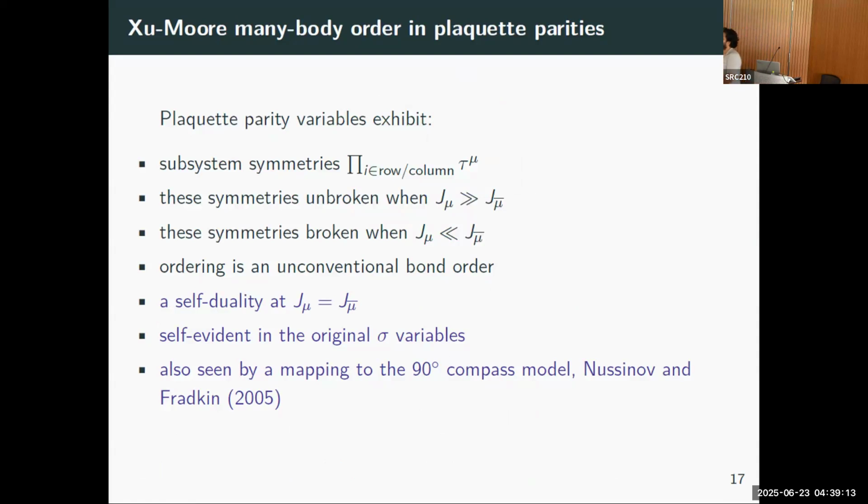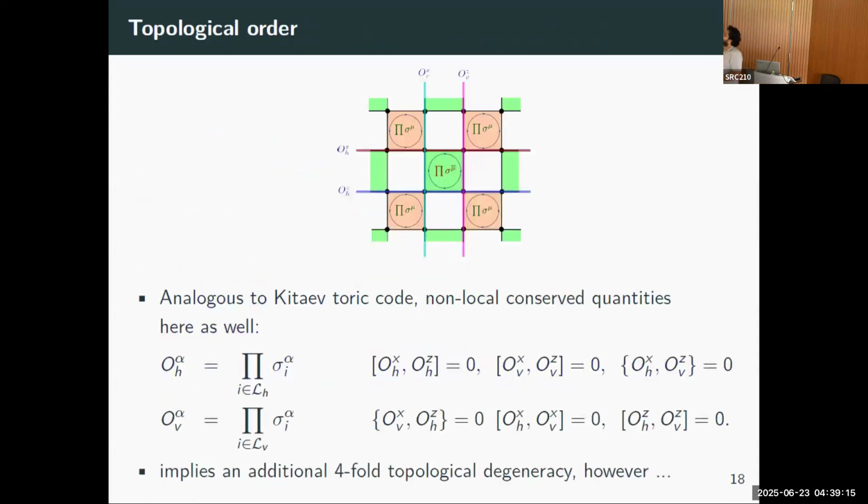But let me not say anything. Now, there's an interesting thing. Of course, in these effective tau variables, it has the subsystem symmetries, Zhu Moore physics. But the interesting thing, kind of analogous to Kitaev toric code, in the sigma variables, actually there's a hint of topological order somehow. So you can define these non-local